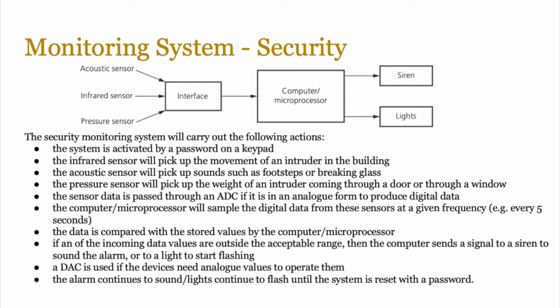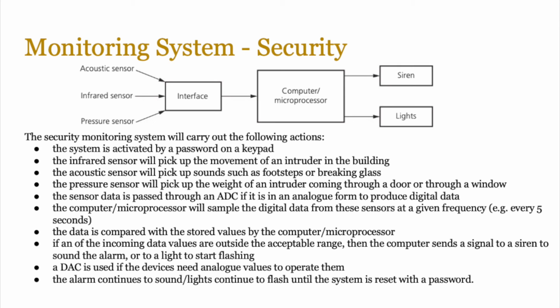So the system is activated by a password on a keypad. The infrared sensor will pick up the movement once it's active of an intruder in the building, or the sound sensor or acoustic sensor will pick up sounds. Perhaps the pressure sensor will pick up the weight of an intruder coming through the door or a window. The sensor data is passed through an ADC and is converted to a digital value. The microprocessor will sample the value, and then there will be probably a time frame, maybe every 5 seconds, 10 seconds, whatever. The data is compared with the stored values,